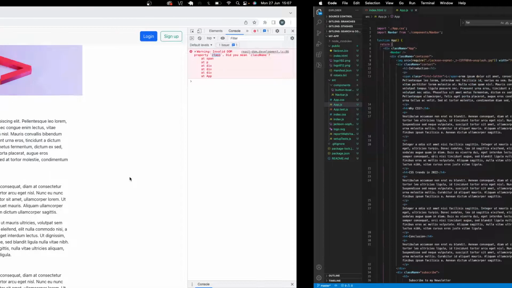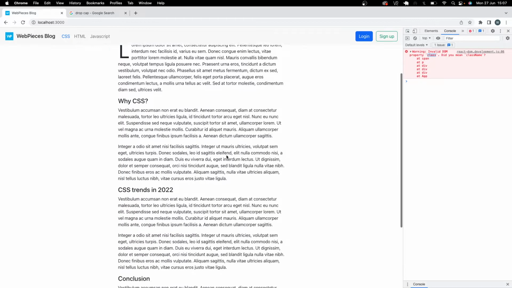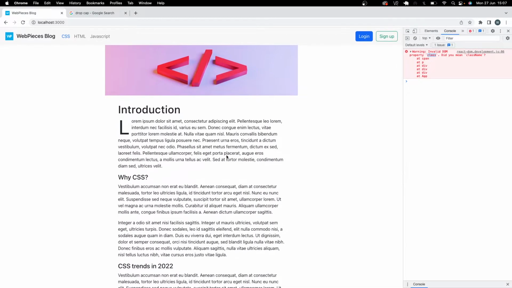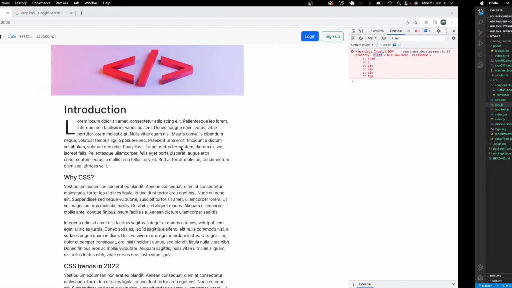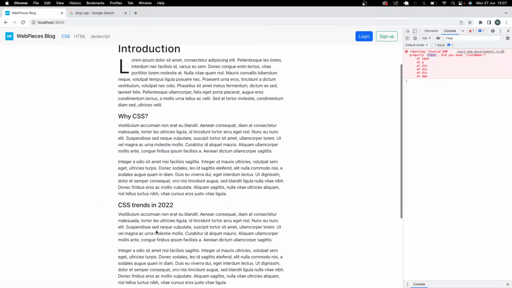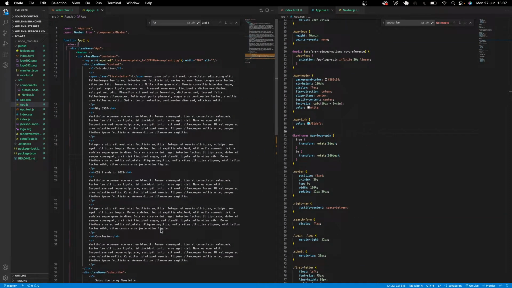It might have happened anywhere on this page. Since I only have one component that is having all this content, I'll just come right here and then press Command and F on a Mac, or Control F on Windows, and then paste what you've copied from the other side and then